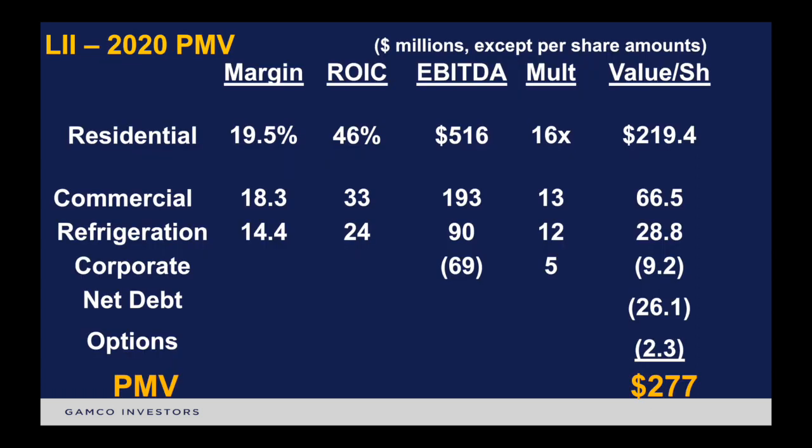And now we conclude with our valuation of the company. As you can see, each segment has very strong margins and high returns on invested capital. We come to a sum of the parts basis using our PMV valuation method to get to a share price of $277. So while we think the stock is currently fairly valued to roughly overpriced, we highlight that it is